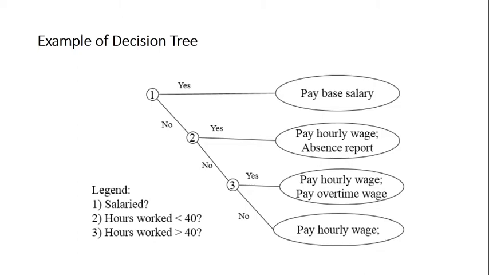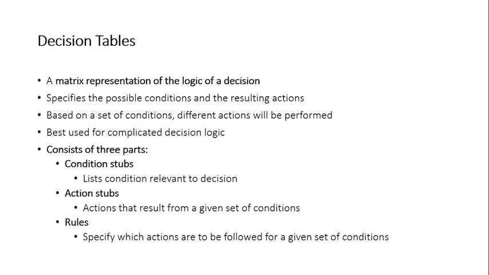Choice. Now see what is decision table, and then we are going to compare both of them. What is the difference between the two? So what is a decision table? Simply a table which is going to help you make a certain decision. So what is a table? It's a matrix representation of the logic of a decision. So table will be having certain logical things which are being represented in that table, and it is in a matrix form, that is rows and columns. It specifies the possible conditions and the resulting actions. So two things are basically represented here, the conditions and the corresponding actions.